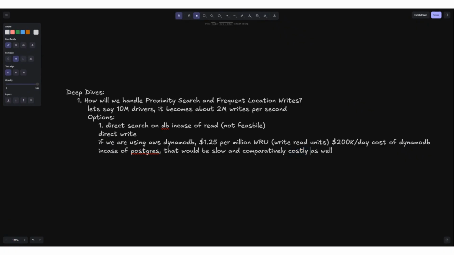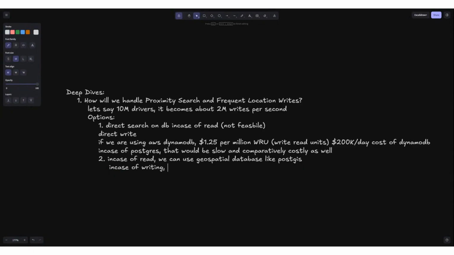So keeping that in mind, we have a second option. The second option, in case of reading, is that we can use a geospatial database. Like in case of Postgres, we can transform Postgres to PostGIS, which is Postgres with the extension, the plugin, of geospatial indexing. These are very fast in case of reading. Let me also give you an example of how these geospatial databases work. And in case of writing,